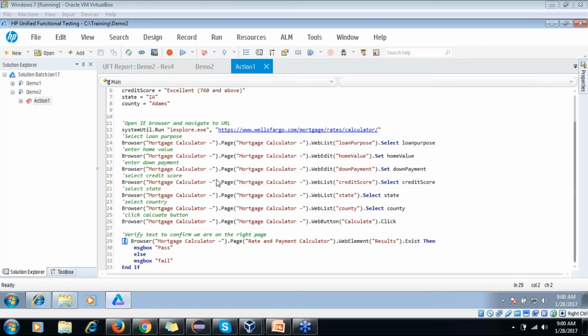But when Selenium WebDriver came into the picture around 2005-2006, it was picking up the market, because Selenium provides a lot of features. It supports different languages and different platforms.